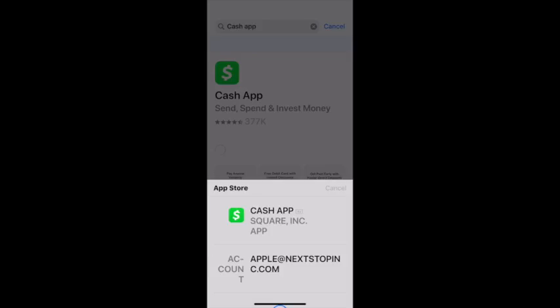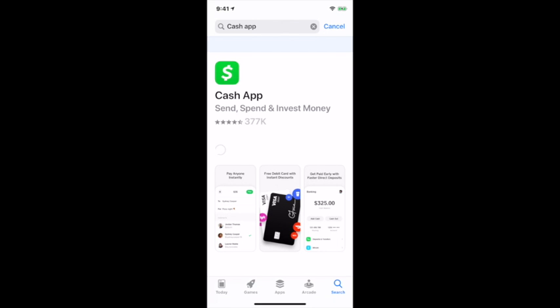So there we go. Now it is in the process of downloading. It will take a minute here. And you notice the little button comes up there and the download happens. I happen to be connected directly to my router, so it comes up very quickly. It'll take you a little bit longer. Now I hit open and Cash App comes up,